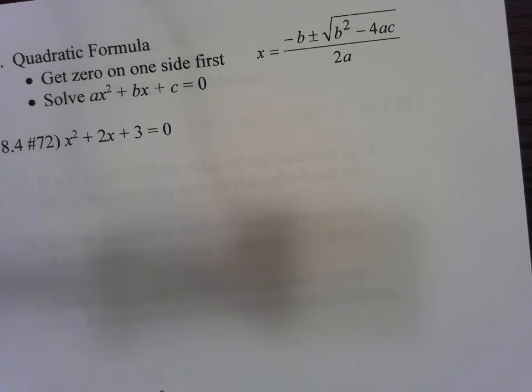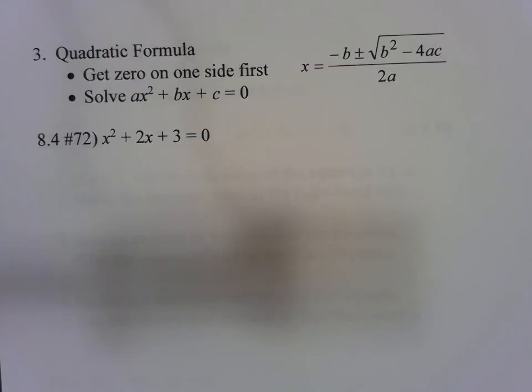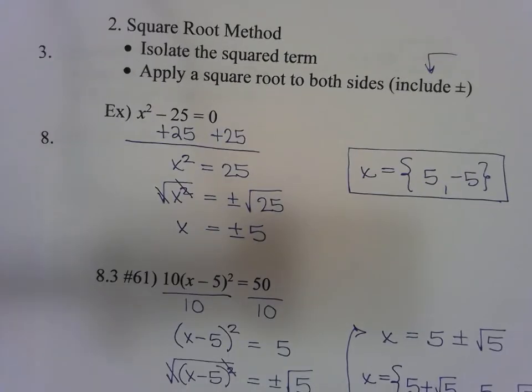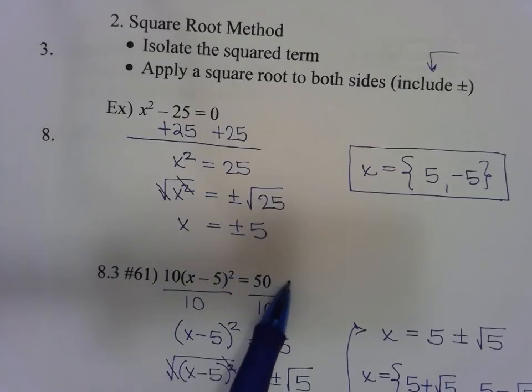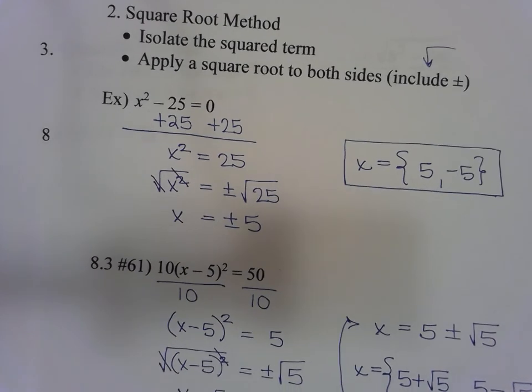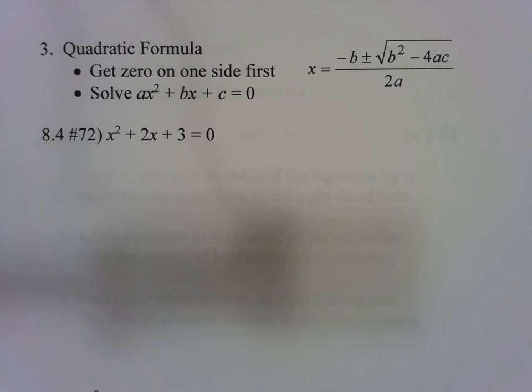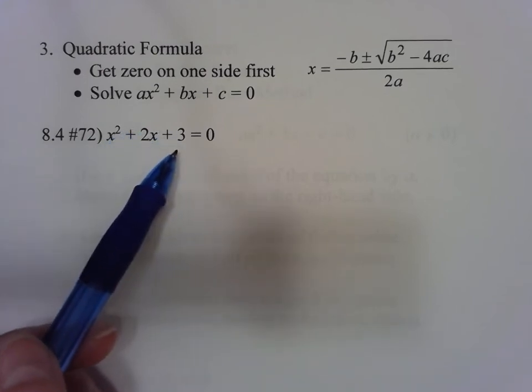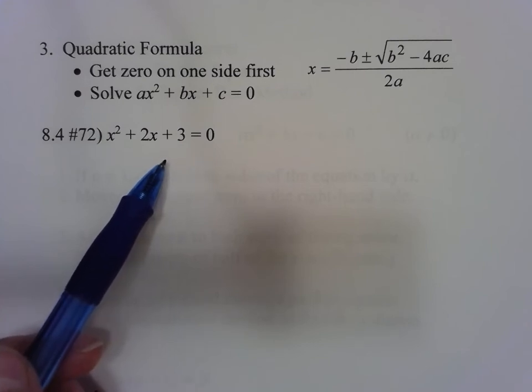Okay, that's two methods. The third method is we could use the quadratic formula. So I usually use factoring as my first line of defense. Unless my equation is sort of in this format, where it's already been factored. Then I want to use the square root, right? The square root method kind of fits that special format. If it's not factorable and it's not already factored, if I just can't get the factoring to work, then